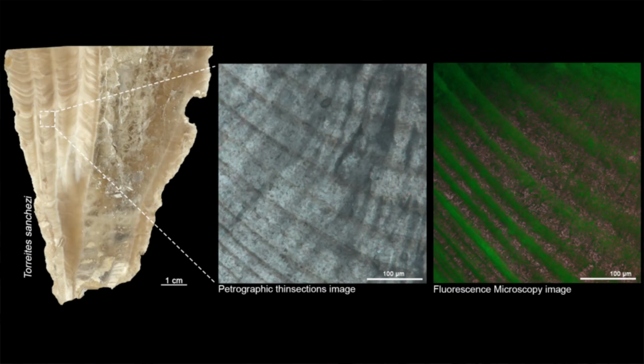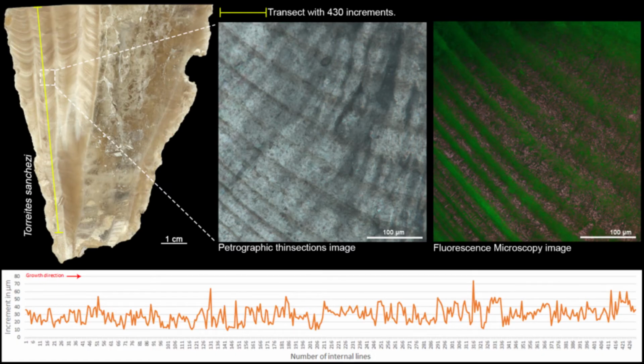But there is never enough time to talk about rudists, so today I will show the preliminary results of one rudist species. Let's take Turritis sanchezi as an example. Counting has been done through the finely banded pillars of this specimen, and I used for this the petrographic thin section and the fluorescence microscopy images. The increment number amounted to 430, with no significant variation in width. This could indicate that the growth rate was steady, with an average increment width of 29.51 micrometers, with an estimated growth rate of